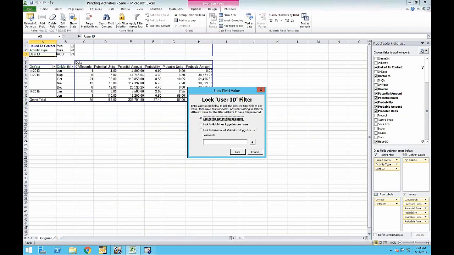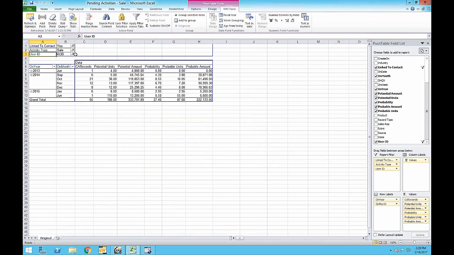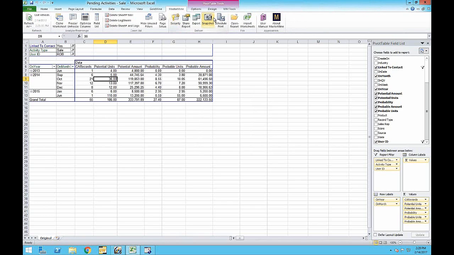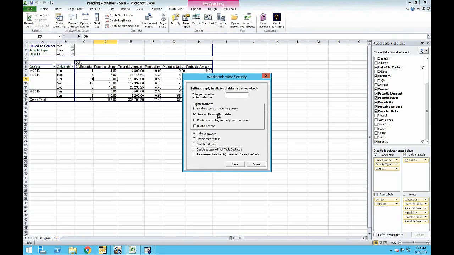So that's a little bit longer excursion into that than I was hoping for. But that's a feature that's been much requested and that I really like as a way of setting up reports that have a certain security. Now, other security features, it's important to know on the MasterMine toolbar, our security tab, by default, when you create